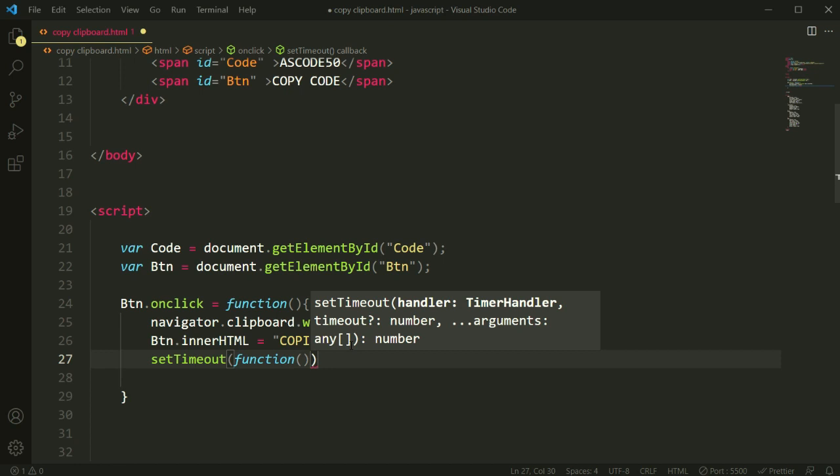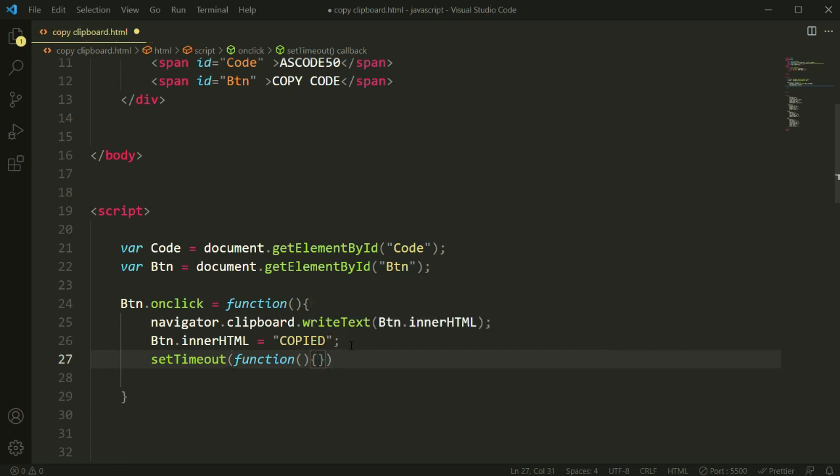So let me write that code in this place. Here I'm going to write this code again, just copy and paste it inside of this, and here I'm just going to replace the text with copy code.